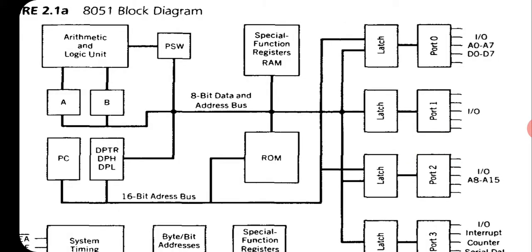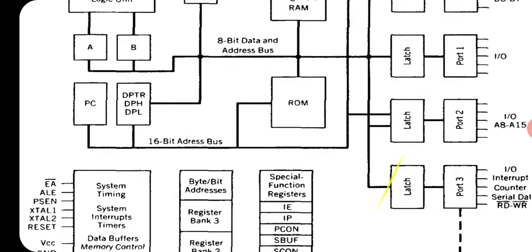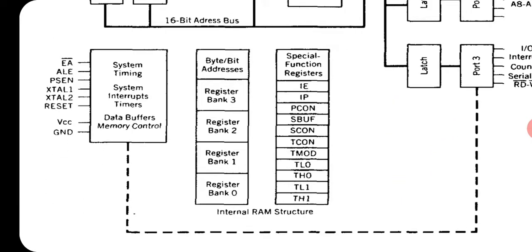So the microcontroller is a 40 pin integrated circuit. Among those 40 pins, 32 pins are connected for these ports. The remaining 8 have some different purposes. When it comes to the pin diagram, I'll show you. Then at the bottom, the port distribution is like this. It is brought here, you can see with the dotted line.